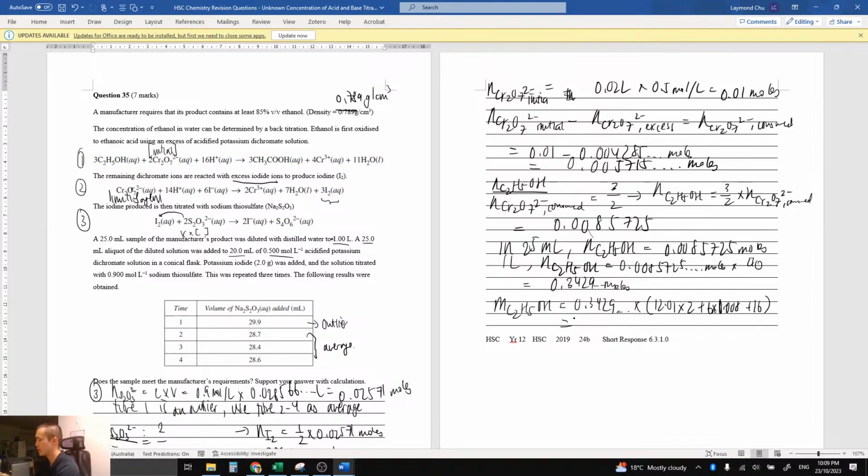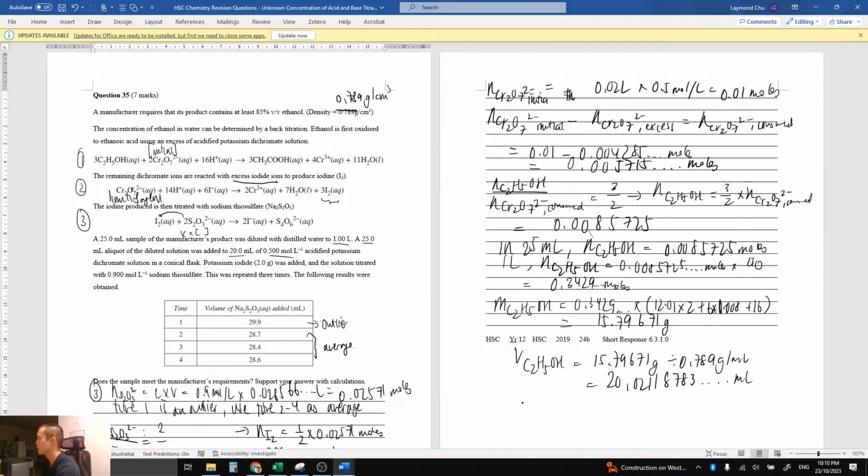Let's see what we get. 6 times 16, which is 15.796 grams. Now we want to convert that to mils, and we want to divide by the density to get milliliters, which is 20.02118783